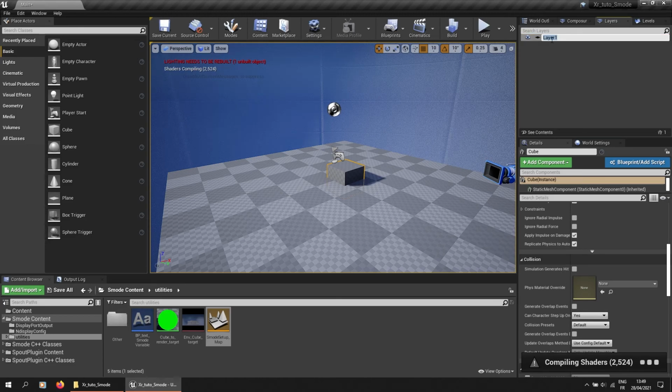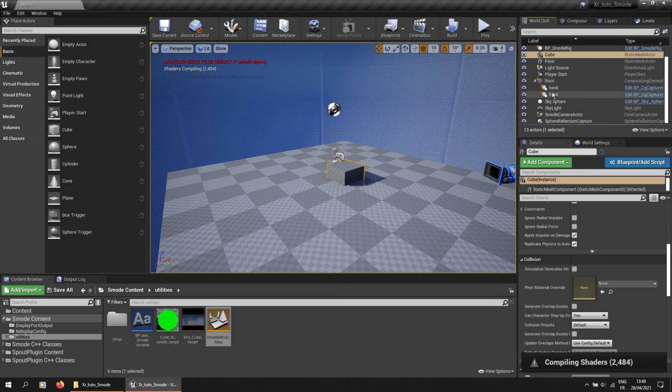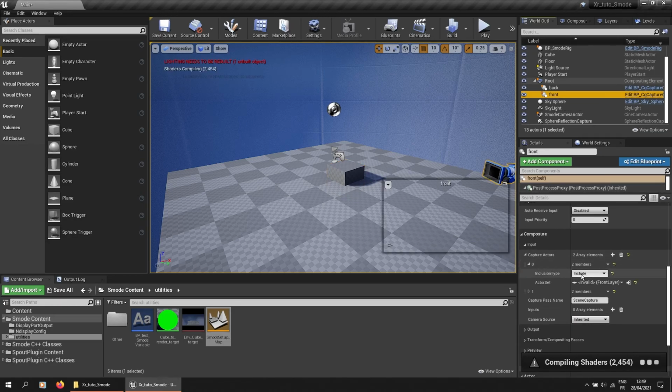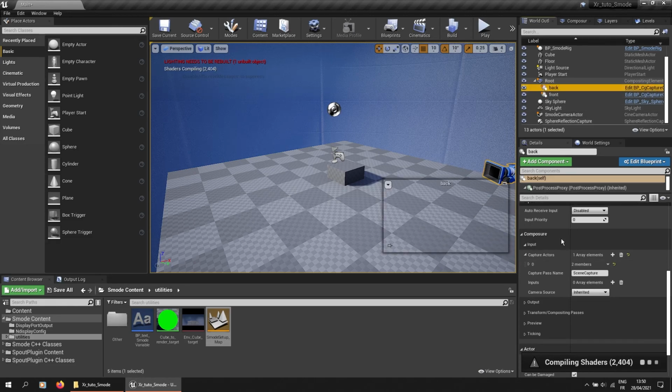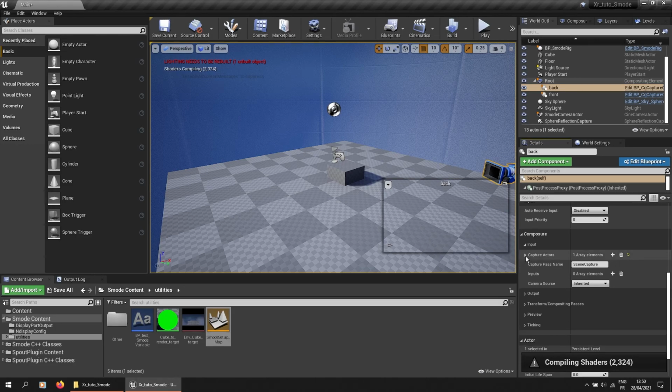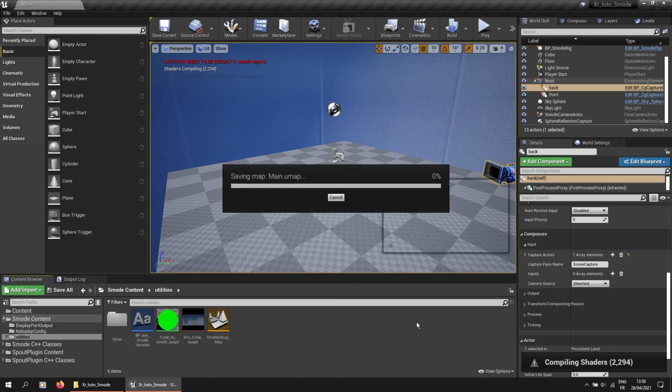I can call it AR or front, like I want, and then in my Composer I will select it, and I can also hide it from the back. So in the back I will exclude some layer and select my actor. Now I can save,